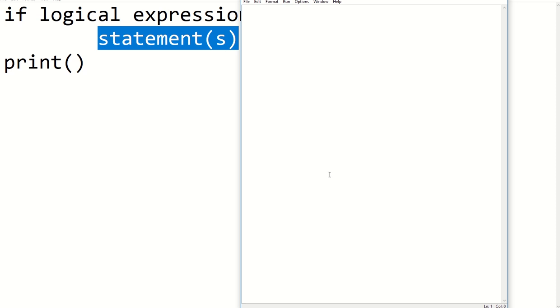I'm going to start by doing this example. x equals int of input, please enter a value. Control C, Control V, and I'm going to ask the user to enter another value, and I will type the following: